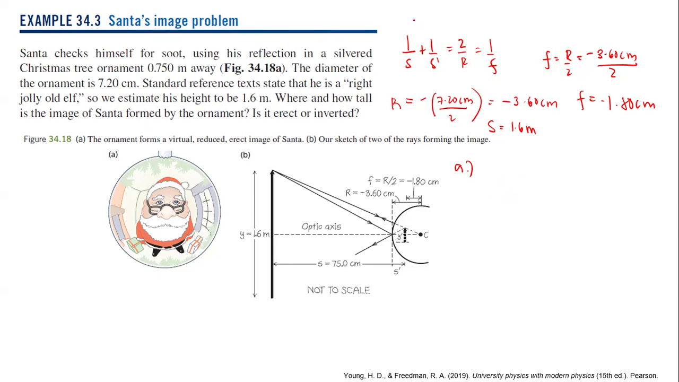Okay, so let's transpose this one to the other side. 1 over S prime is equal to 1 over F plus 1 over S. By the way, the S actually is not 1.6. This is the height, Y, 1.6 meter. And the S is equal to